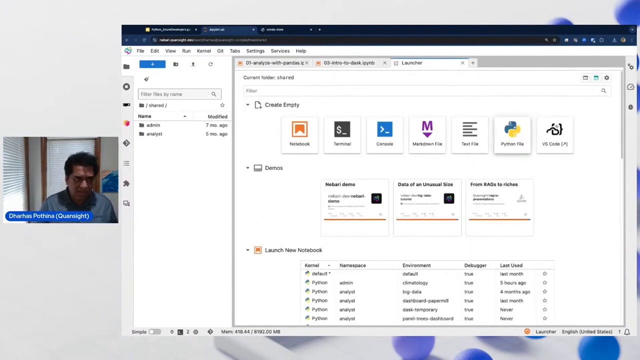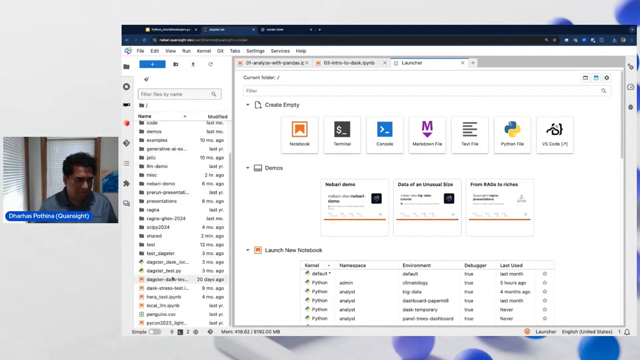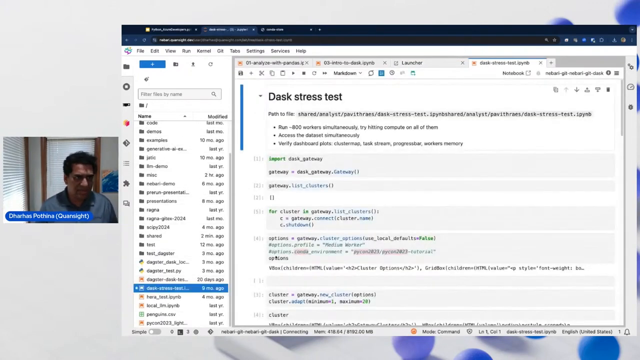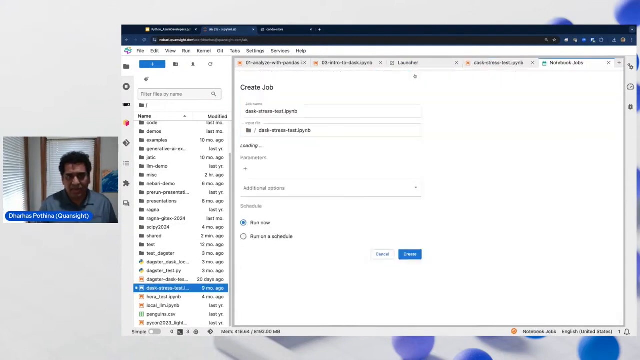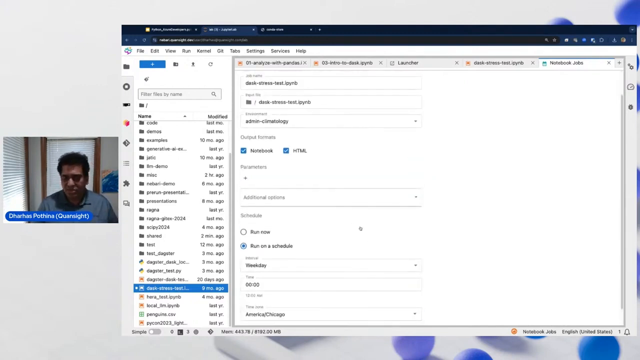Then some other things which are nice: if we have a notebook, let me just pick a notebook. If I pick some random notebook, like this Dask stress test, I can click create job, and I can either run it now or on a schedule, and then hit create. It'll create a job, schedule it on Argo Workflows, and give me the results back in my folder. So a lot of little conveniences that a data scientist would actually use, and then a lot of collaboration tools